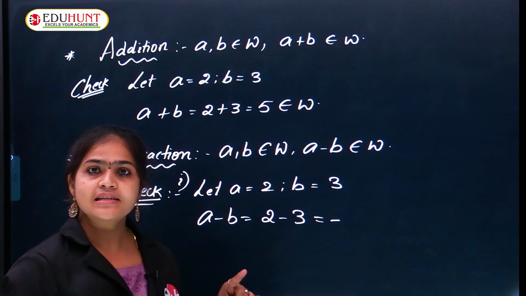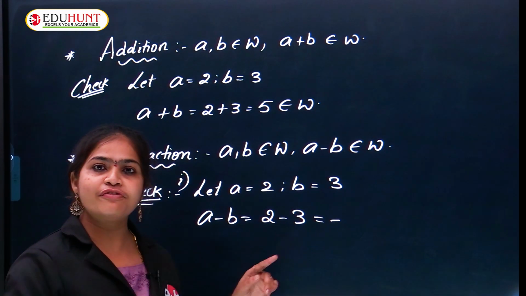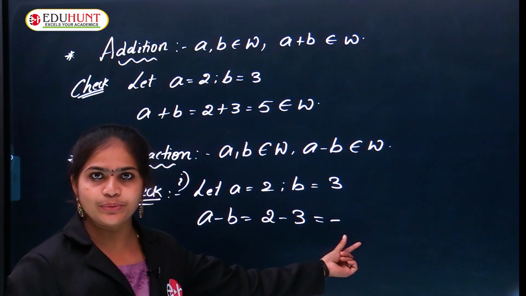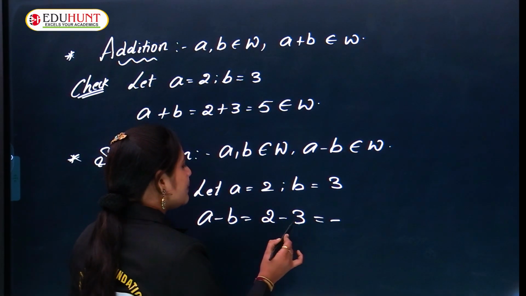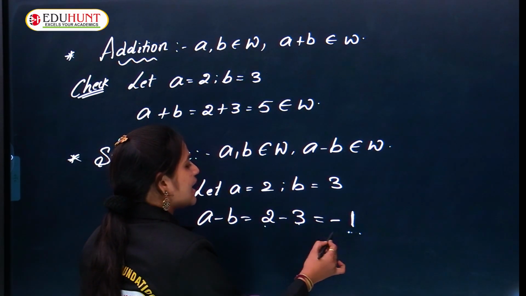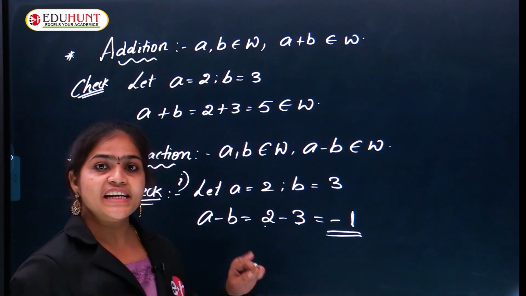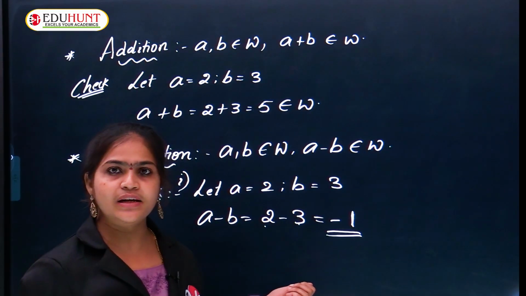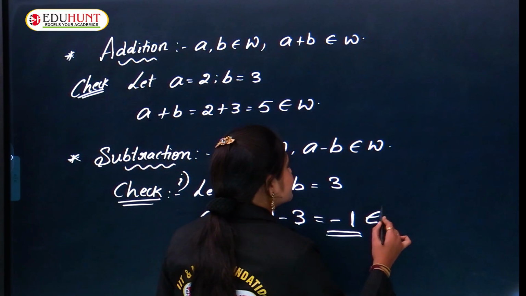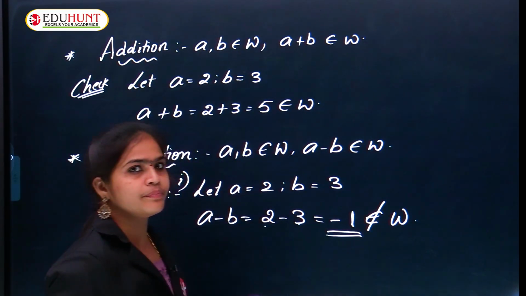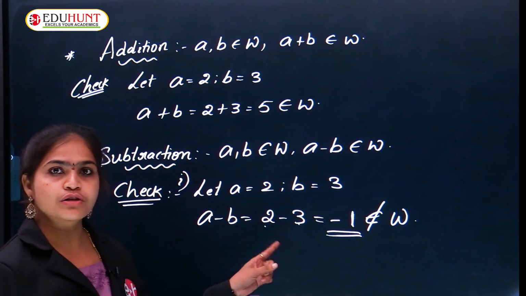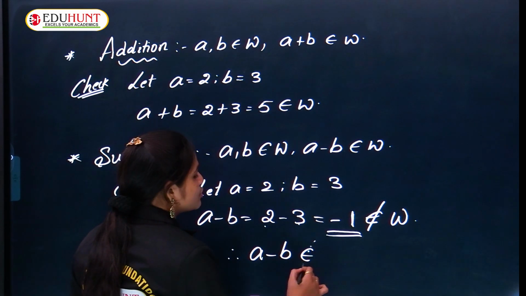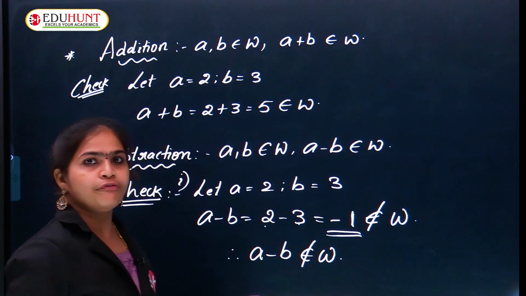Okay, when we are subtracting a bigger number from a smaller number, then the difference is always negative. Understood? Here 3 minus 2 is equal to 1 only, no? Then the answer is minus 1. Is minus 1 there in the whole number set? In the whole number set, minus 1 is not there, no? That's why minus 1 does not belong to whole numbers. Then here a minus b does not belong to whole numbers, which means that property